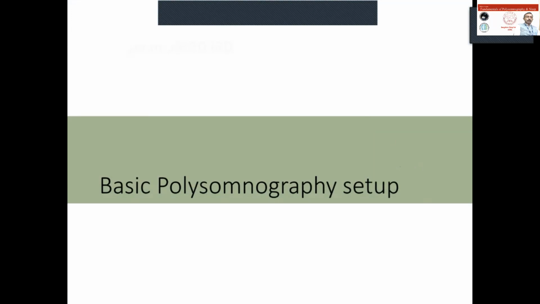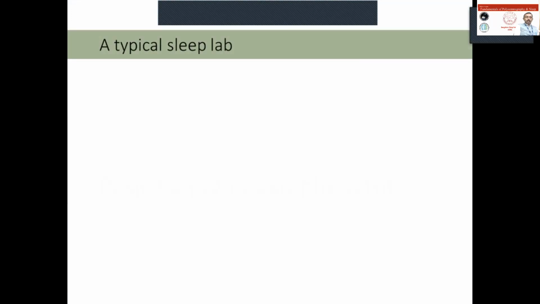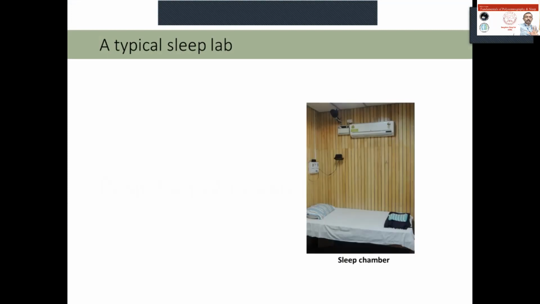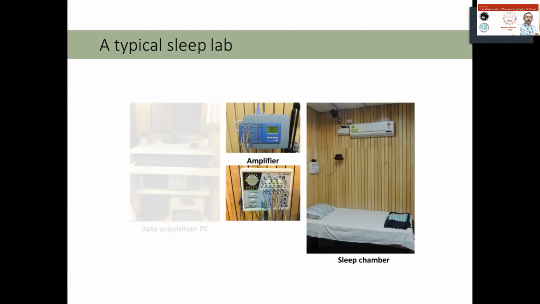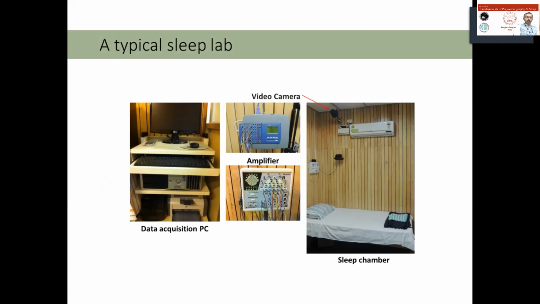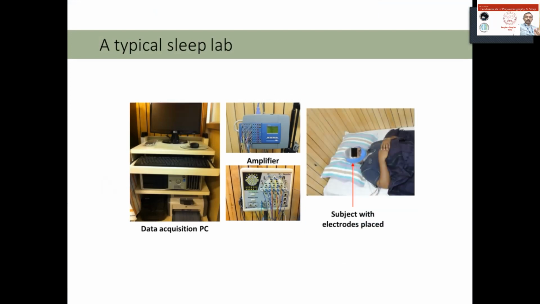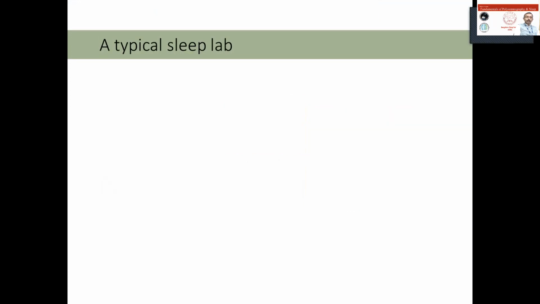Now, measurement. Again, there will be a tutorial video on this in detail, but basically you need a sleep chamber, the amplifier, and a device to acquire. And usually you'll also have a video camera, and the subject will be covered with electrodes. And you need to look at several aspects regarding the sleep lab. For example, the space should be adequate. It should not be filled with equipment so that the subject will be